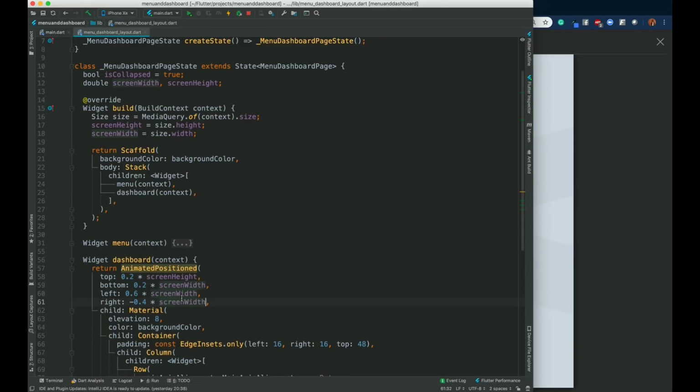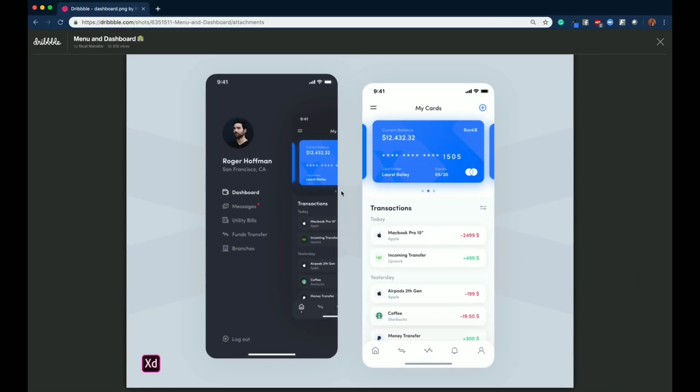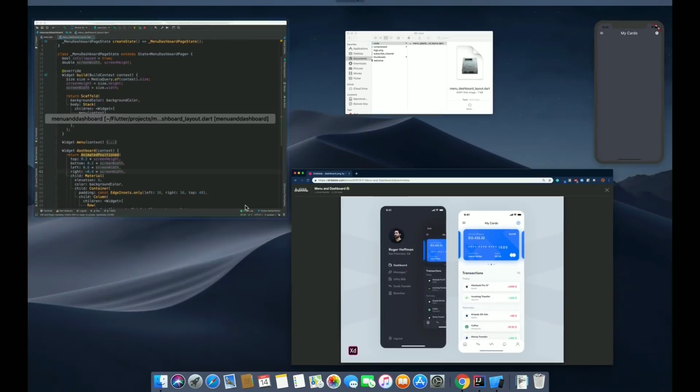Now you might be wondering, man, what is this minus? So this minus is nothing but, see, 0 is this position. If I do 50, so it becomes from here, but if I take 50 minus 50, it comes here. So I am doing minus 0.4 into screen width. Okay,